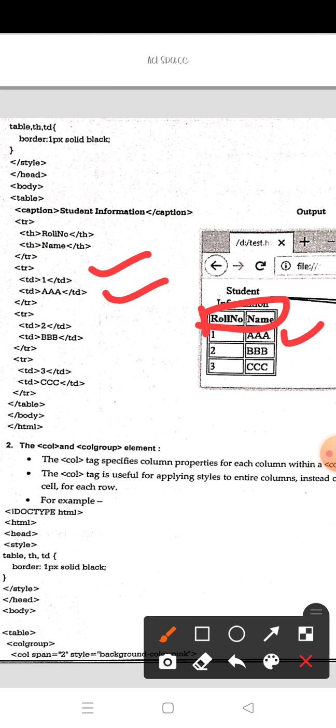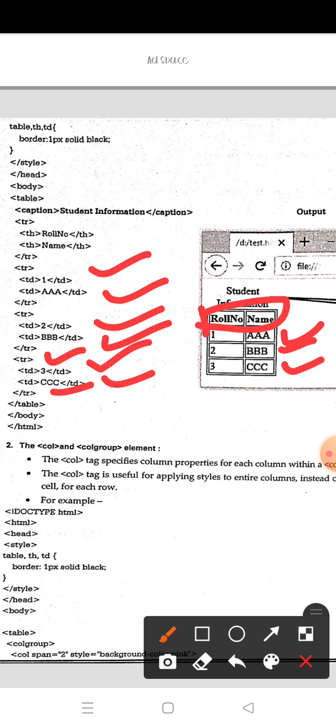Then close the tr, and open the tr again for the third row: 2 and the name bbb. Close the tr, then open the tr again. In the fourth row we give roll number 3 and name ccc. Then close the tr tag, table tag and body tag, and finally close the html root element.